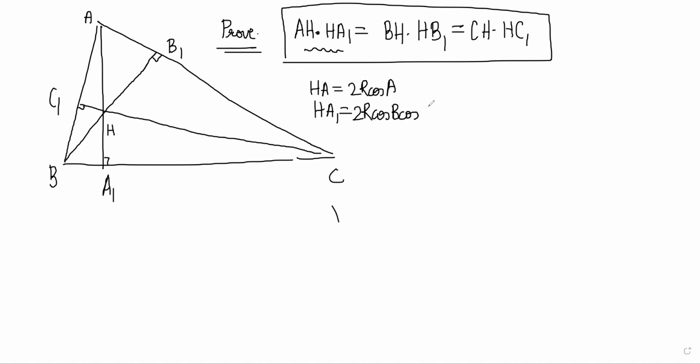Sir, similar triangles. Sir, A, B1, A1, and B is a cyclic quadrilateral. So power of point proves that AH into HA1 equals BH into HB1. Which is a cyclic quadrilateral? A, A1, B1, B, this one. Yes, sir. How is it a cyclic quadrilateral? Sir, because on the same chord AB, the angles are the same.